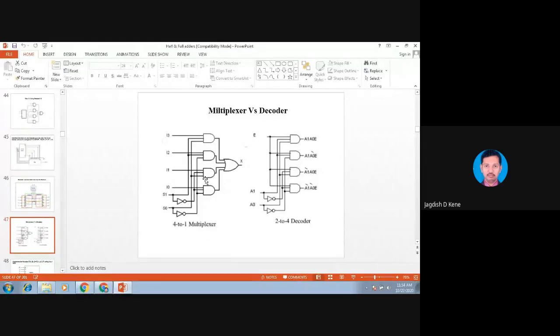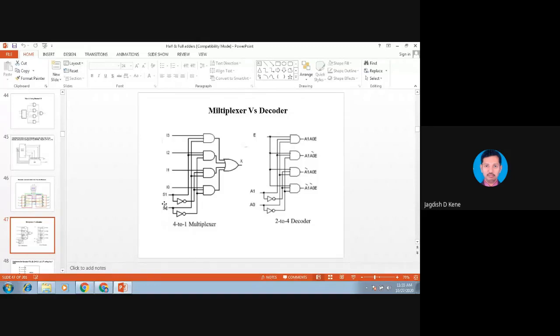Suppose we want to convert the data into an output. In that case, the options given are: multiplexer, decoder, encoder, and demultiplexer. The correct answer is multiplexer. We have to select the data, and that will be transferred to the output. Output is 1. That's why it is called a selector.